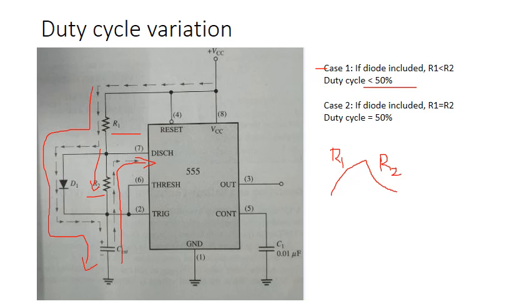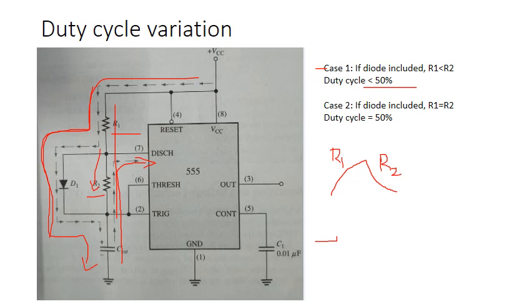R1 and R2. In the charging path we have resistor R1. In the discharge path you can see we have resistor R2. And since we have a diode over here, the current flow is through this path. If it was in this path, R1 R2, then the duty cycle would have increased. But since we have put a diode there, the current flow is in this path, and then during charging, so in the charging path we have resistor R1, and in the discharge path we have resistor R2.